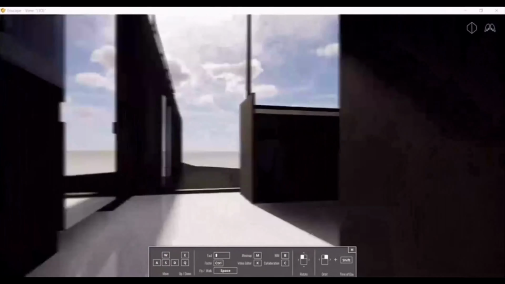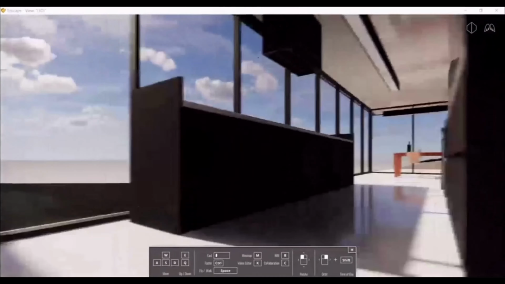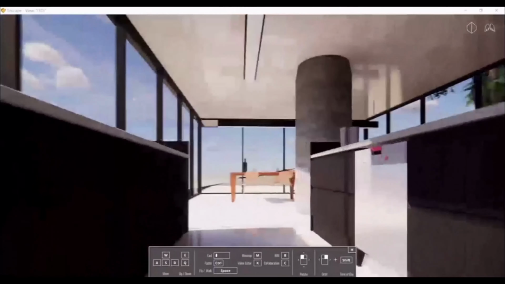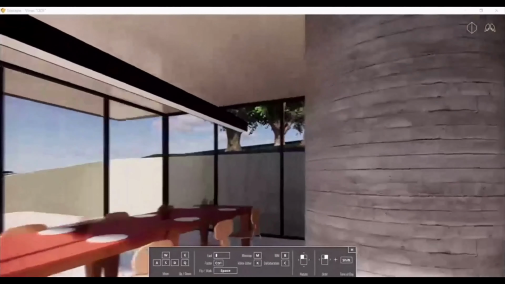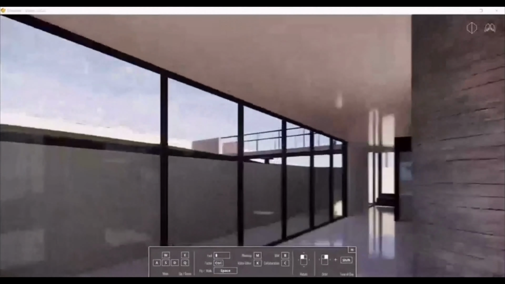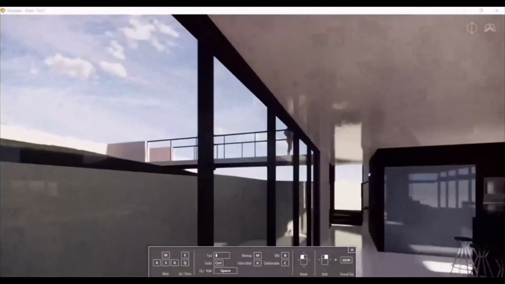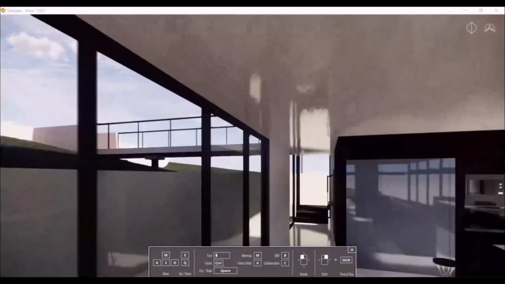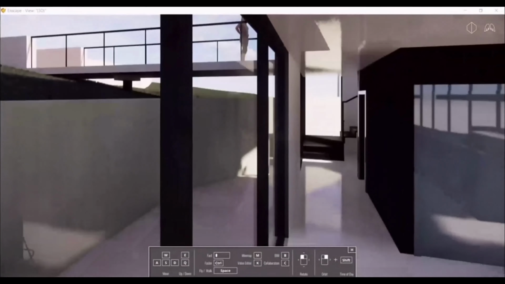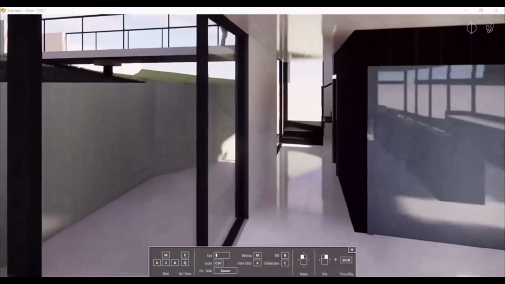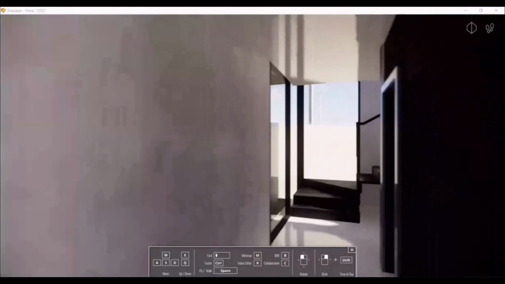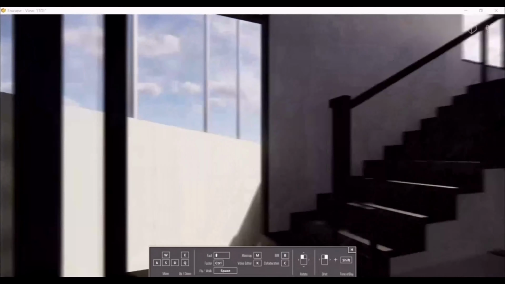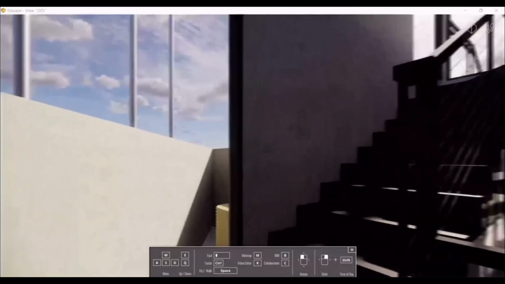If you had the VR headset, you can have this live experience, like walking around your project as if you are walking around live. We will come back to walk mode again, and you will be walking like you are playing a game.